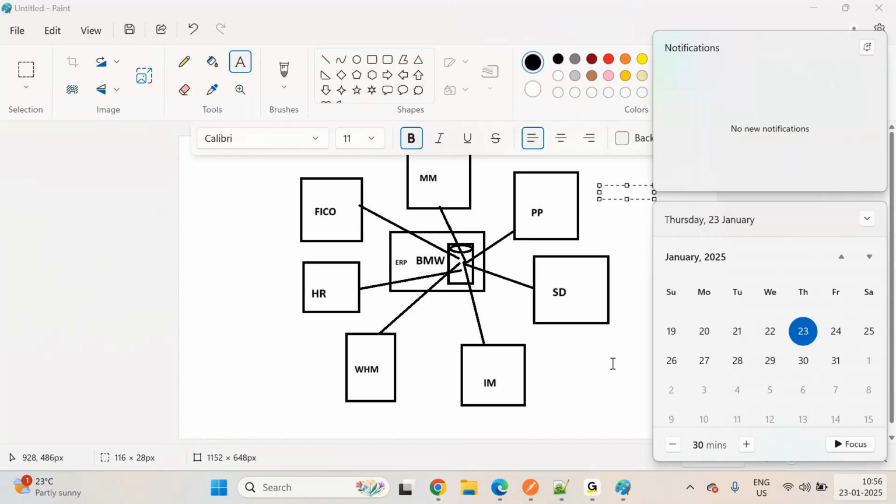Then they have to check whether the material is available or not. Material means, to manufacture cars they need iron and fiber. For 50 cars, if they require 50 tons of iron, they have to check whether this 50 tons of iron is available or not in our production plant. Then they will go and check the material management module, and if the material is available, then they will plan for this particular